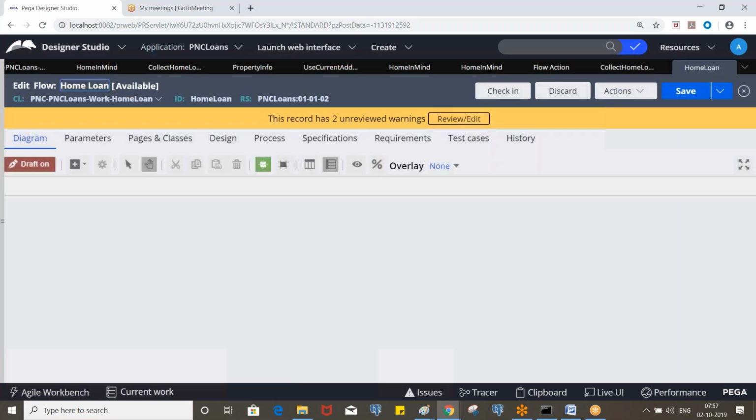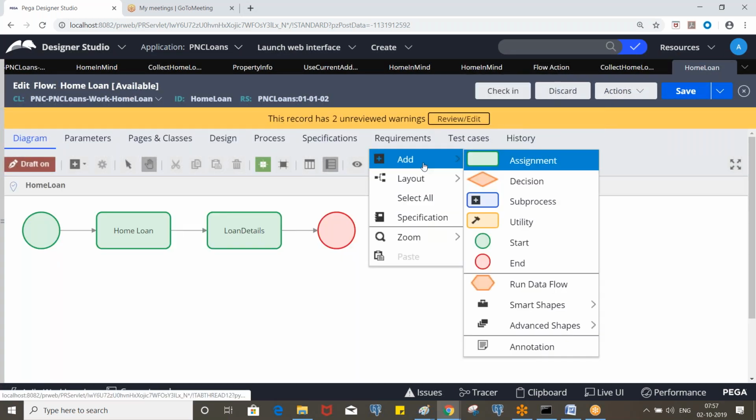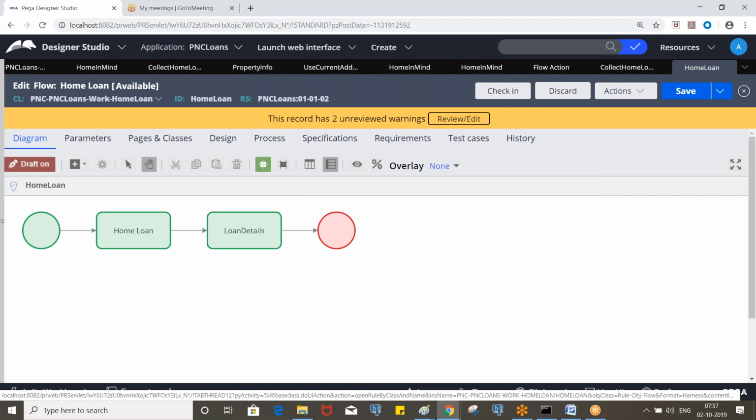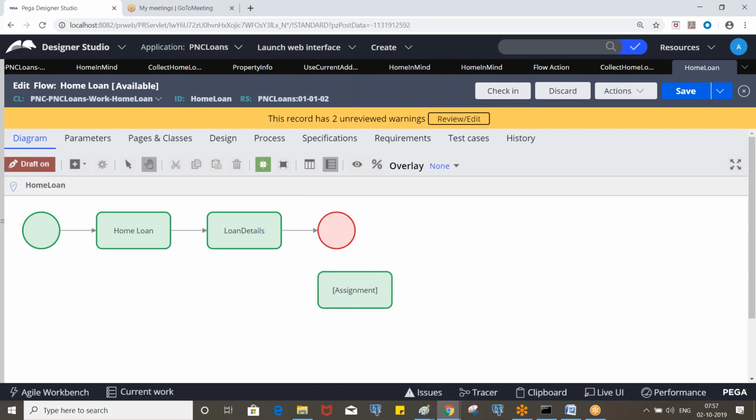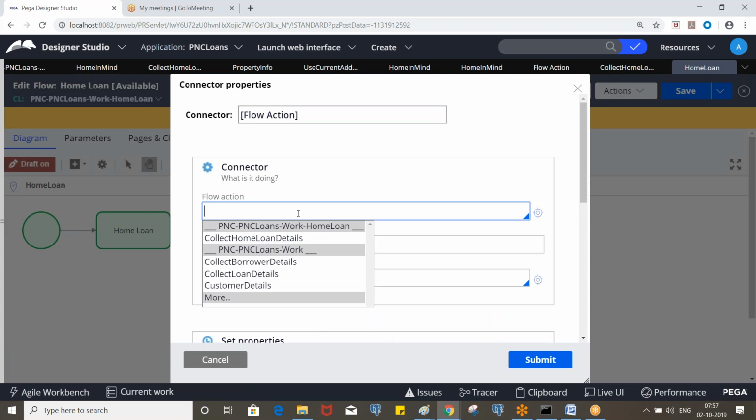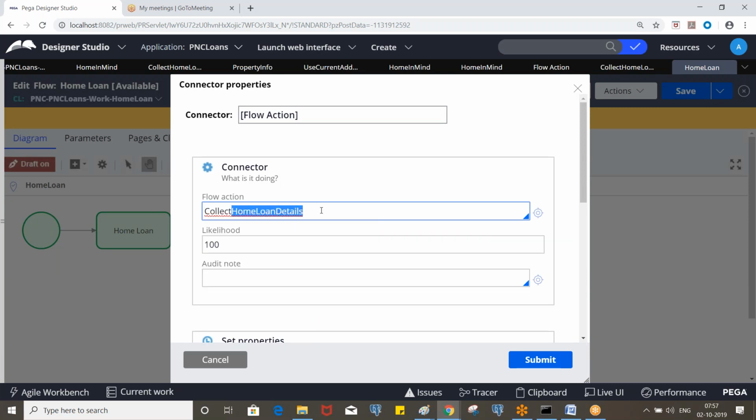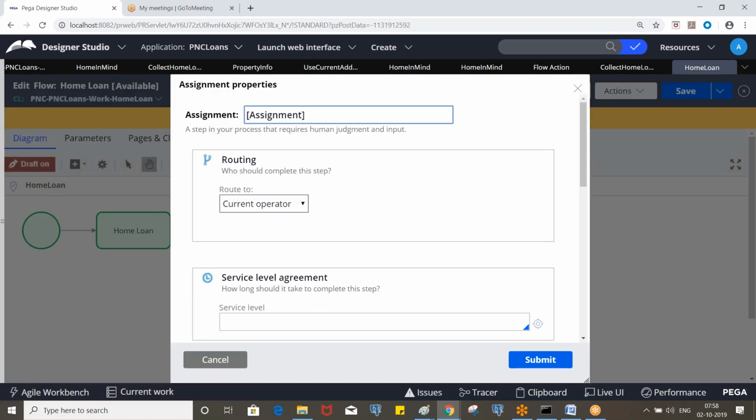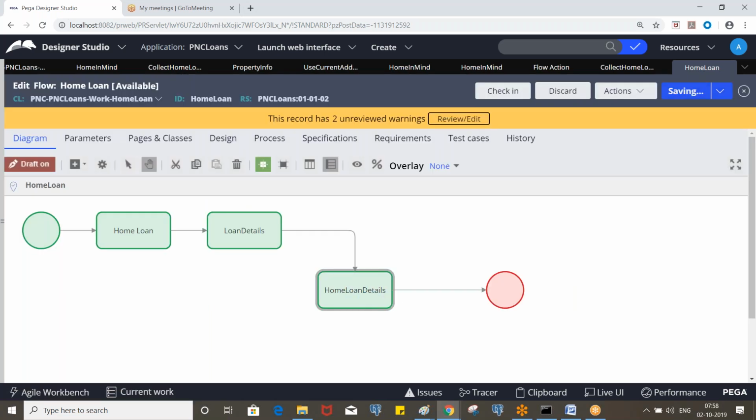So this will be the third screen. Add one more assignment. Take the connector. Okay, so that's it.